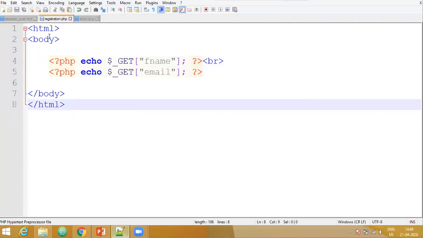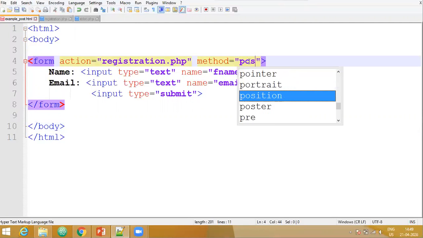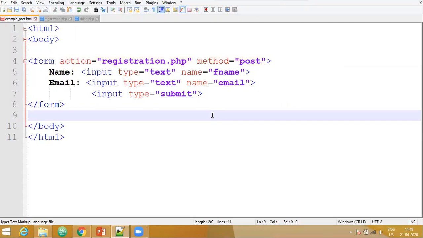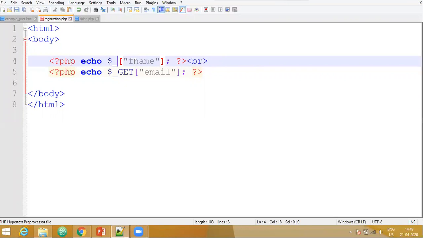Now let us see the post method. In the same example, I will just change this method to post and we have to change it here also. Now let me not change the second $_GET.